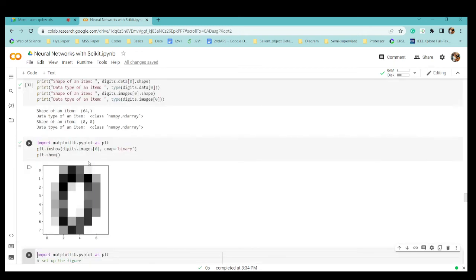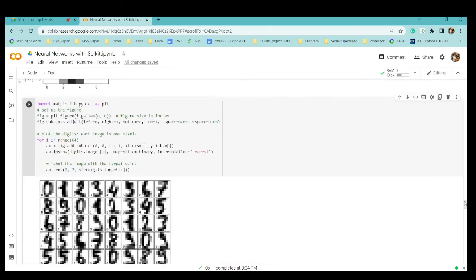Now I'm plotting the figure of the same. We are taking the images of the data set for the zeroth number. Obviously the zeroth number is zero itself, so it shows the image of a zero. Now I'm plotting the figures, telling it to draw all the figures present in the range of 64, each image being 8 cross 8.